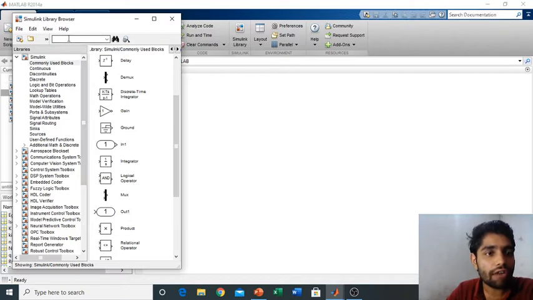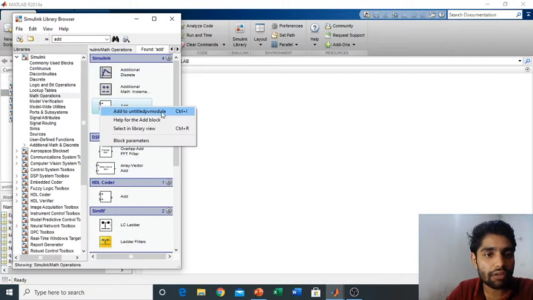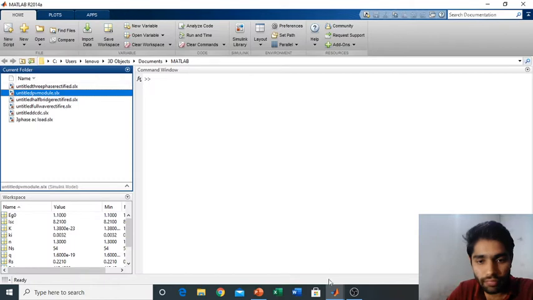And if you are not able to find a block, just type here. For example, I have to search for the add block, and I just type add and press the enter key. You find the add block, and just clicking on it and Add to Untitled module, और जैसे ही आप क्लिक करोगे आपकी स्क्रीन पर आ जाएगी जो भी जहाँ पे आपका वर्क प्लेस होगा. सो ओके, आई एम नॉट गोइंग टू डू दिस. कमिंग बैक टू